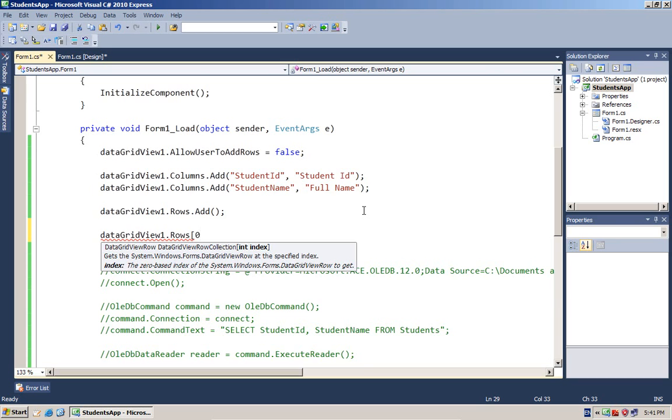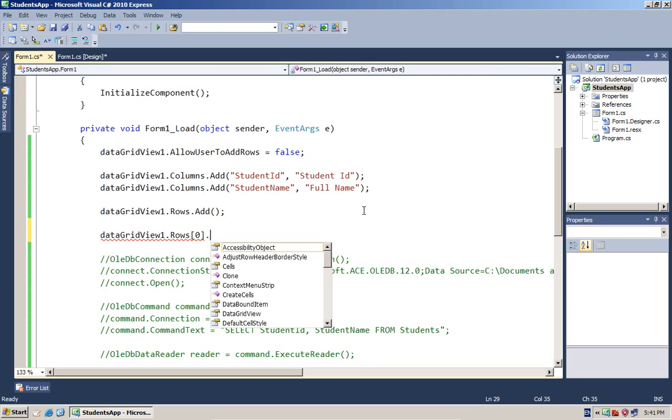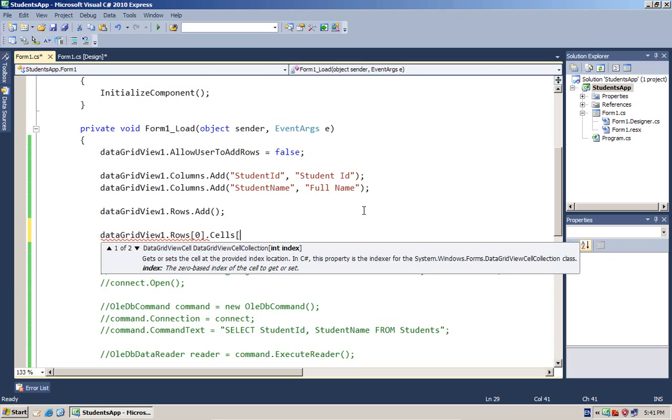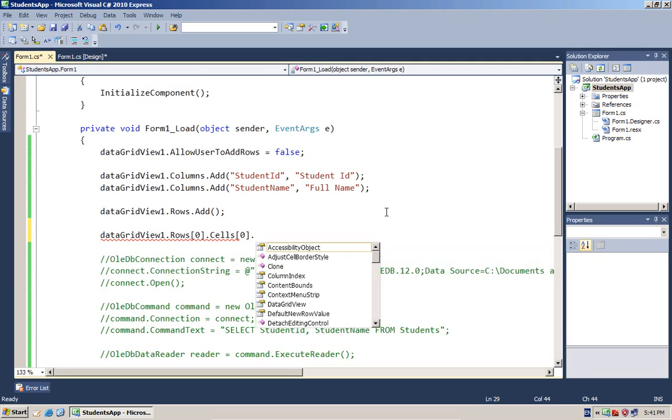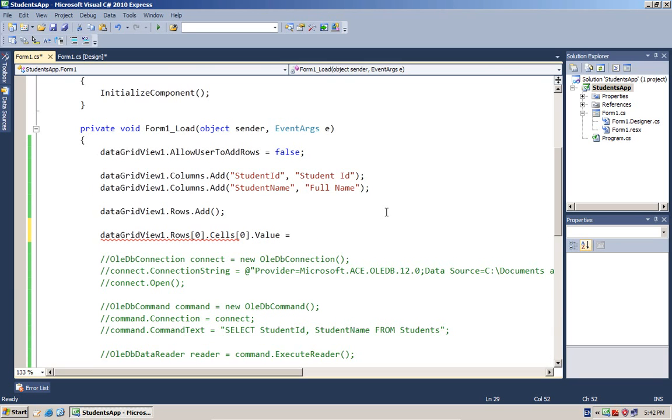So we'll go to the first row. Now this is a complete row. Each row has two columns now, so to identify the column we can use this second collection, which is called cells. And which cell we are talking about, the first cell or the second cell, we can use both ways, a column name or an ID. So in the first case I will use a column ID and give it a value, and over here I'll give the value of this is the ID, so I'll give it 100.